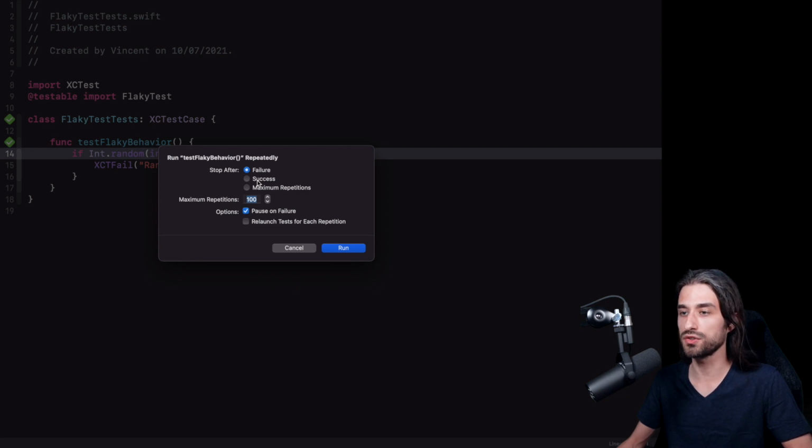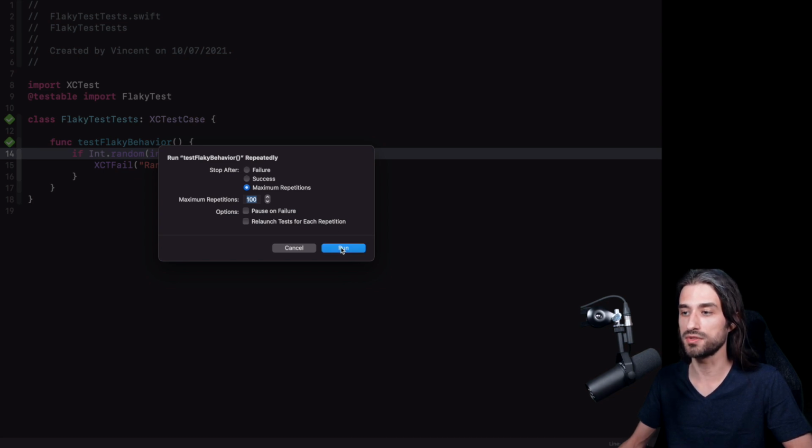But I could also want it to stop after the first success, because in some instances, it might be that your test initially fails, but after a given number of retrying succeeds. So in such instances, well, we would want to understand why it starts succeeding. And then there is a third option where it's just going to run the test the specified number of times. It's not going to stop either on success or on failure. And actually, this can be interesting if you want to gain some statistics on how often the test is actually failing. So I'm actually going to run it like this, and we're going to see in the console what is the result.